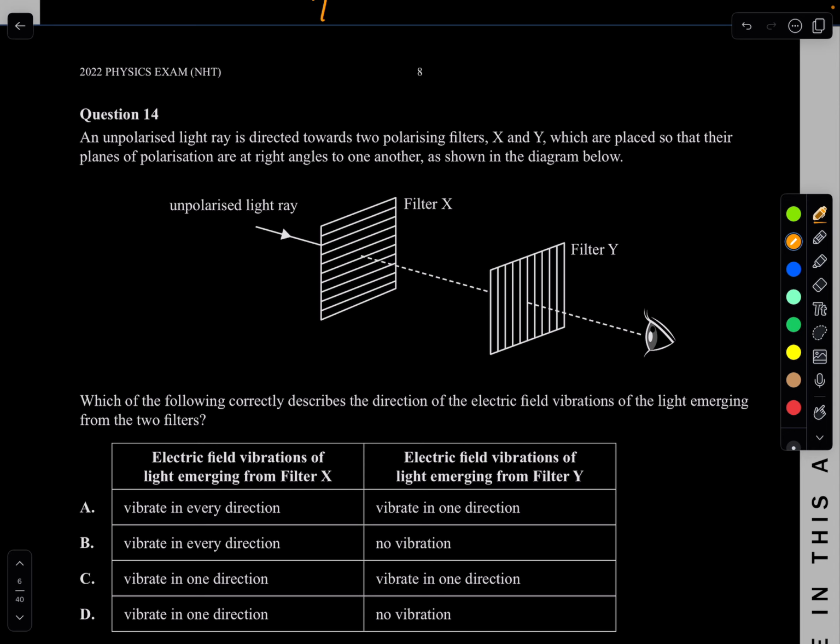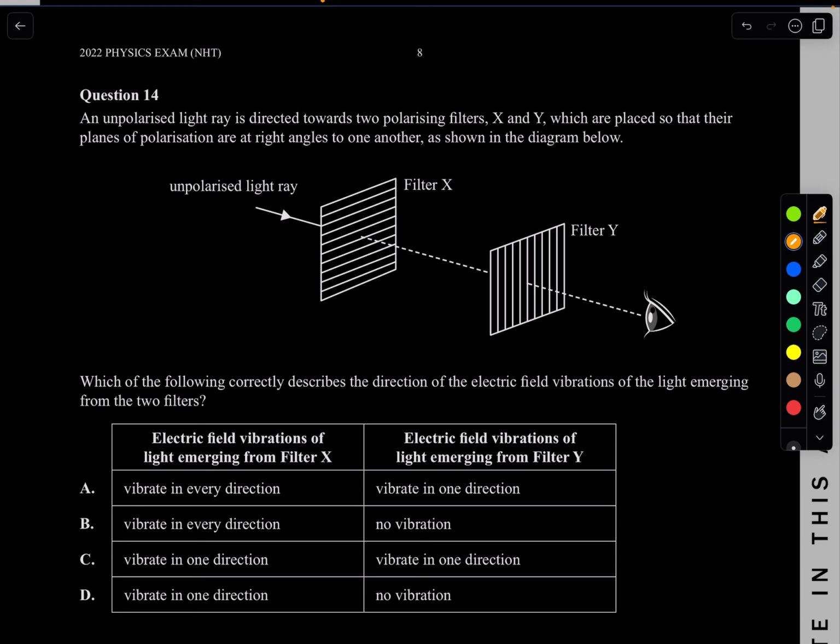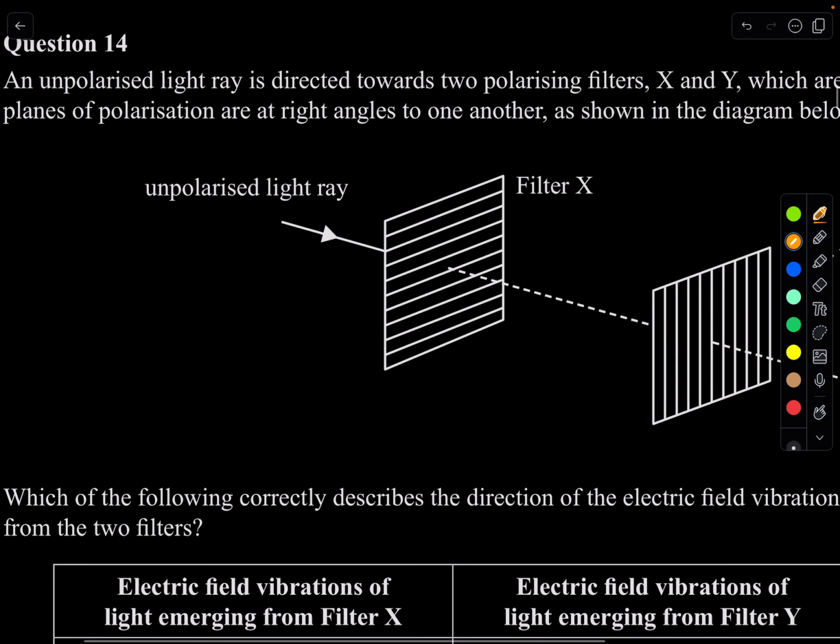Question 14. An unpolarized light ray is directed towards two polarizing filters X, Y, which are placed so that their planes of polarization are at a right angle to one another, as shown in the diagram below. Which of the following correctly describes the direction of the electrical field vibrations of the light emerging from the two filters? Alright, so imagine we're drawing two